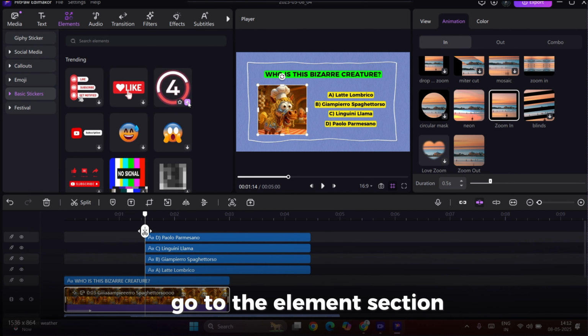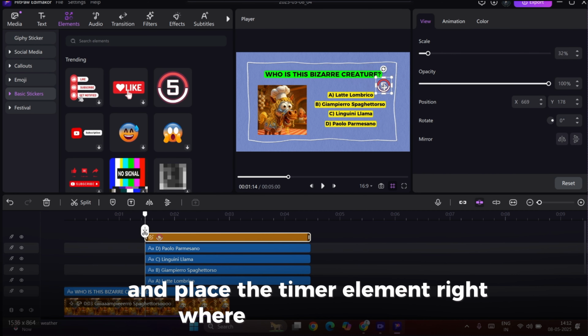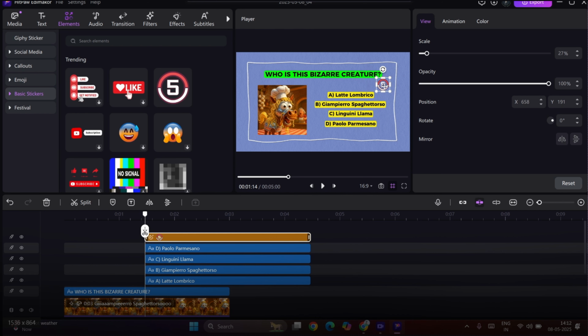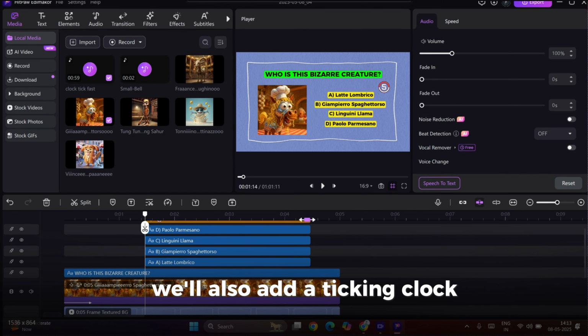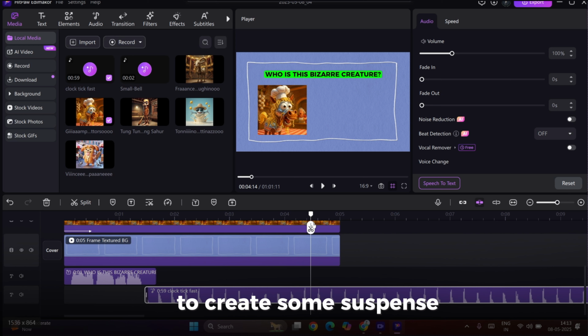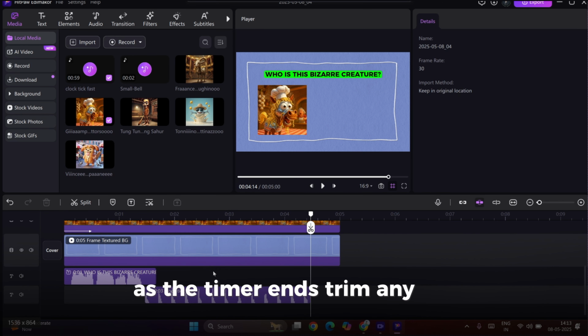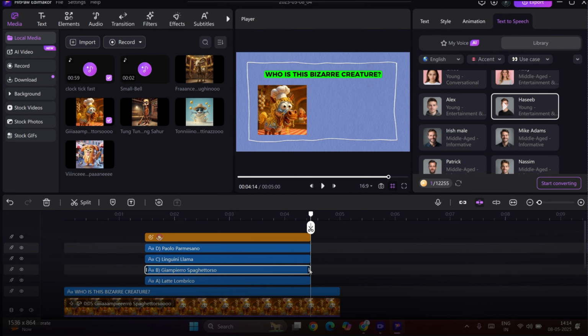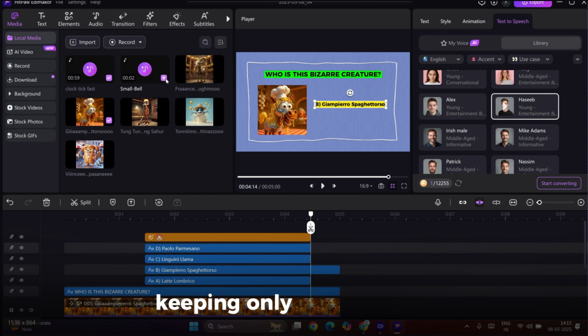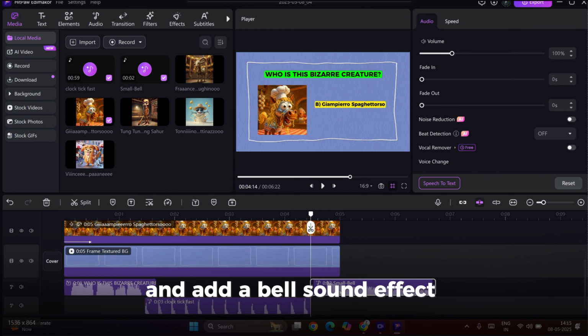Go to the Elements section and place the timer element right where the question ends. We'll also add a ticking clock sound effect to create some suspense. As the timer ends, trim any extra sounds. Then remove all the wrong options, keeping only the correct one, and add a bell sound effect to highlight the